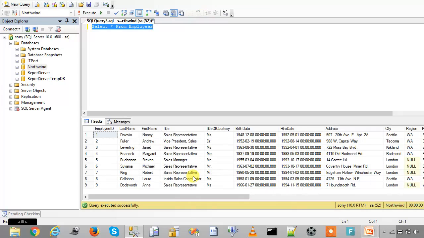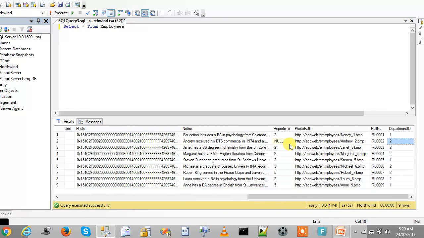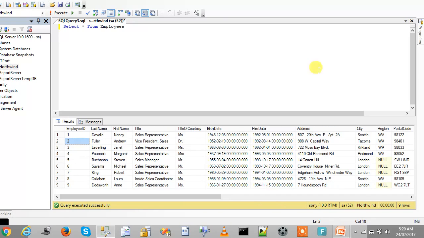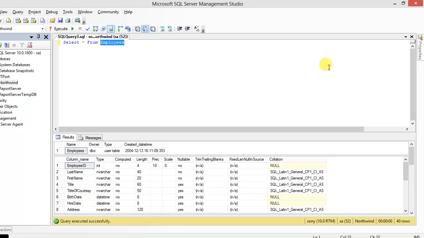Let us check this simple table, Employees. It has a number of columns: employee ID, last name, first name, title of courtesy, birth date, hire date, address, city.